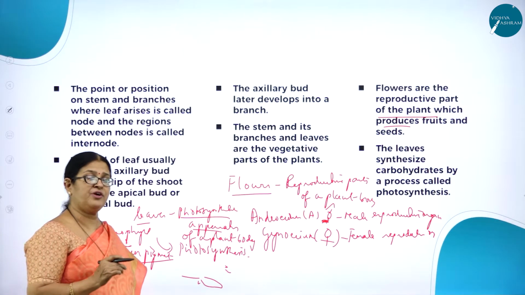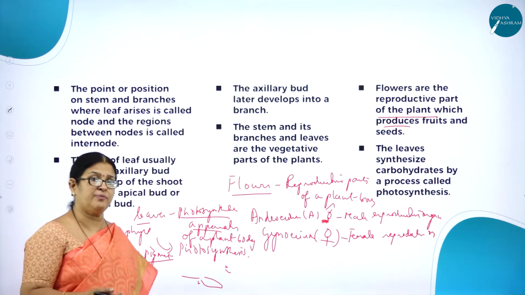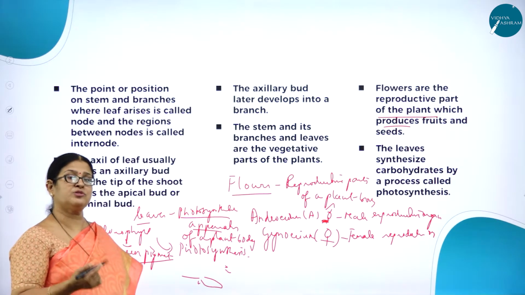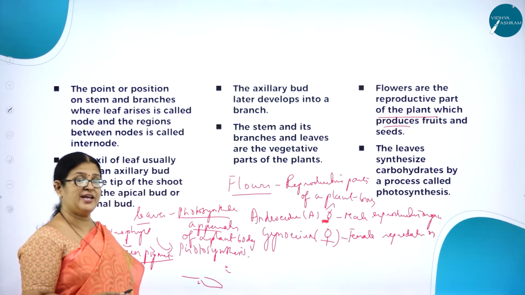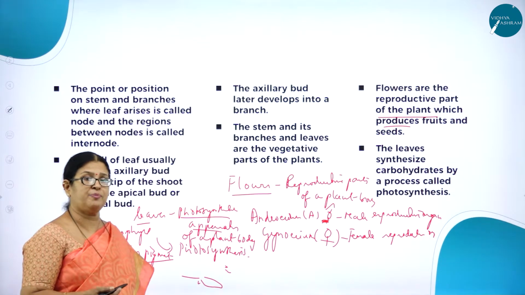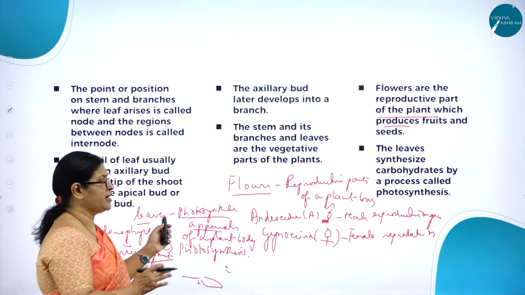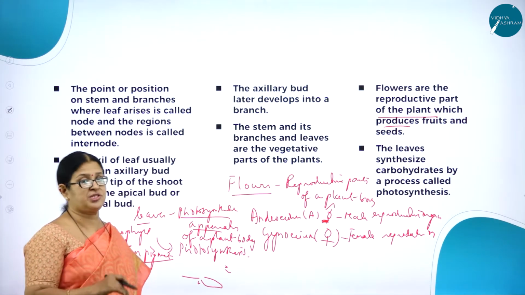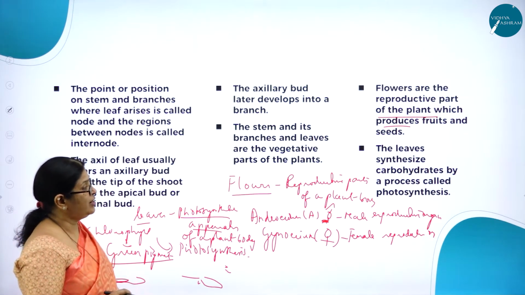As you know, chlorophyll a will absorb the solar energy in the form of photons. Anyhow, we are going to study photosynthesis in one of the chapters, so you will understand the role of chlorophyll. So that is the role of a leaf in carrying on a very important physiological process called photosynthesis. Why am I talking about all this? These are all the parts that are included in the shoot system. So the shoot system is a very important part of a plant body.